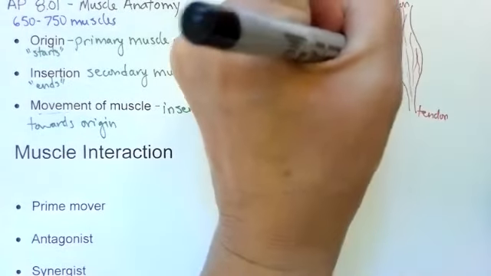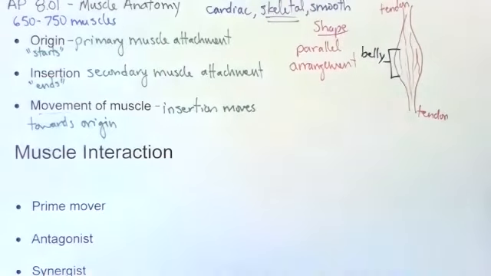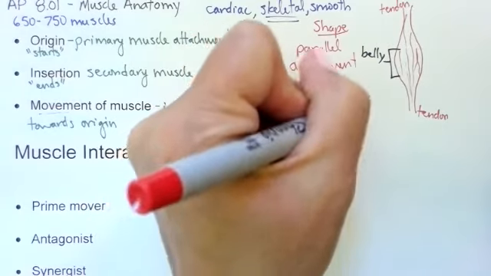You'll notice that we have a thicker portion to a parallel arranged muscle, and that's this area here. And we call that the belly of the muscle, which is the fattest part of a parallel arranged muscle. I can't talk today for some reason, but this isn't the only type of arrangement we have. Another one we're going to see